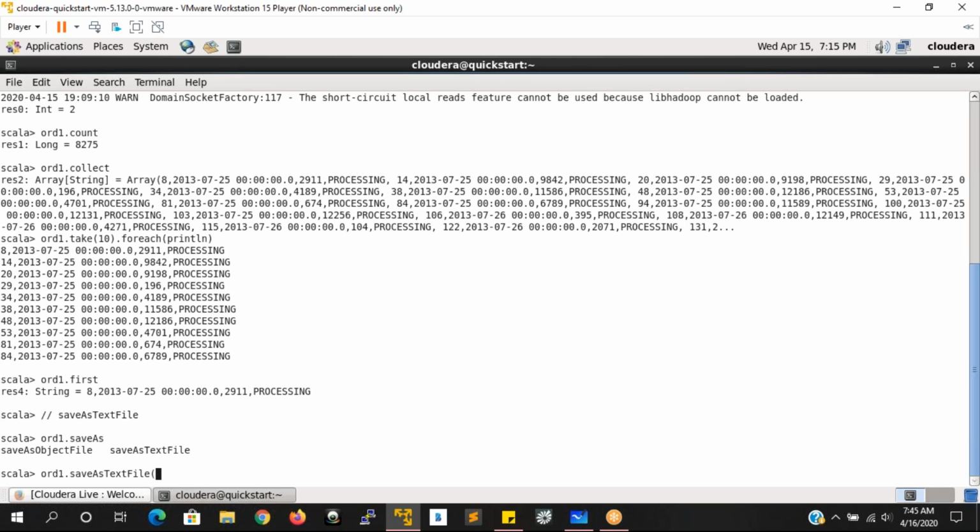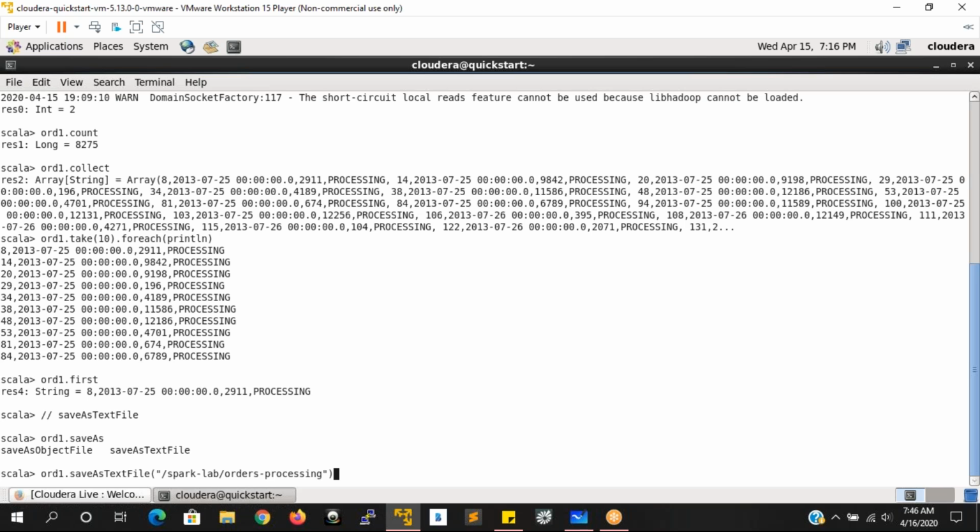In saveAsTextFile, you have to give the location where you want to save it. For example, here I want to save the data into the Spark lab, in a directory I am creating called orders-processing. You have to provide the directory name where you want to store your output.